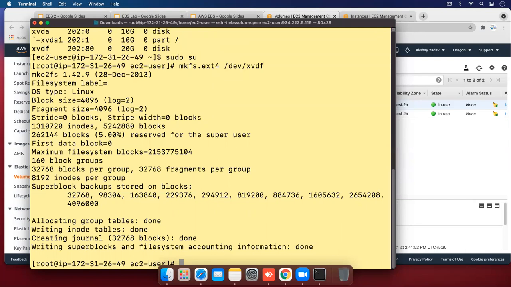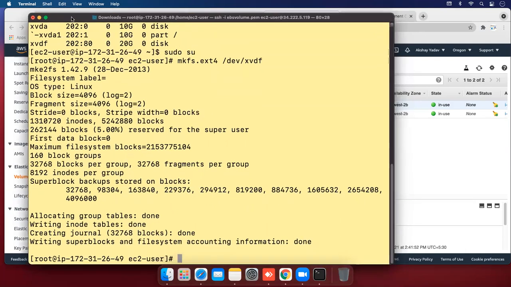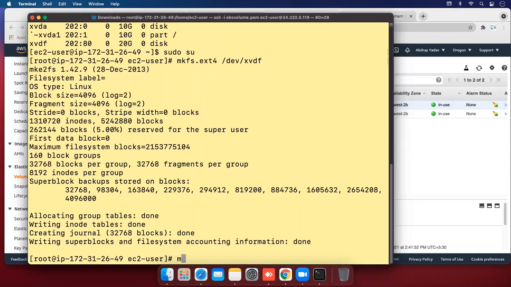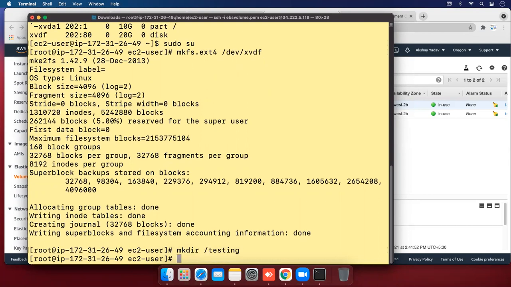And let's make a directory. So make a directory, mkdir. I am going to create a directory named testing on root, hit enter. So my directory is created.